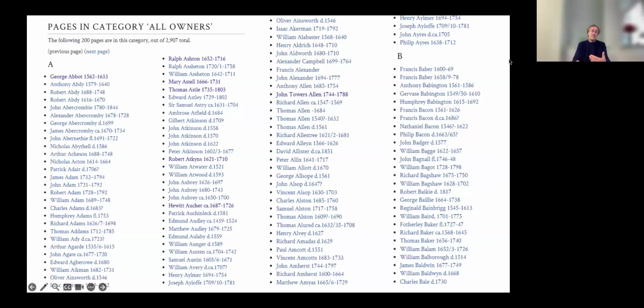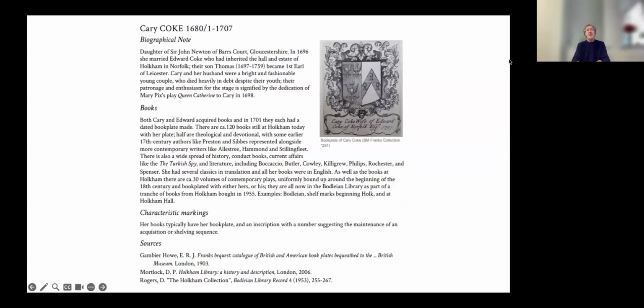And the database is built around a spine of names, a spine of people who were the book owners. And there is a simple alphabetical list of them all. And a typical entry in the database looks something like this. It's a database, it has a field structure, obviously, and a standard entry has a brief biographical section which tells you something about who the person was and key basic facts about them, but not a detailed biography.